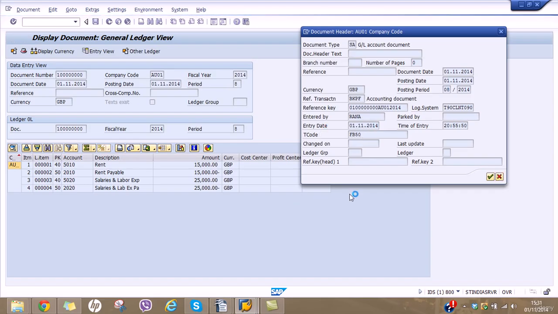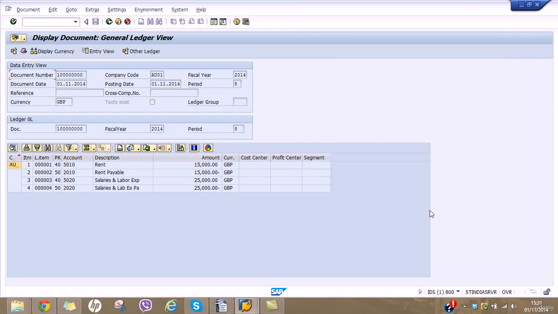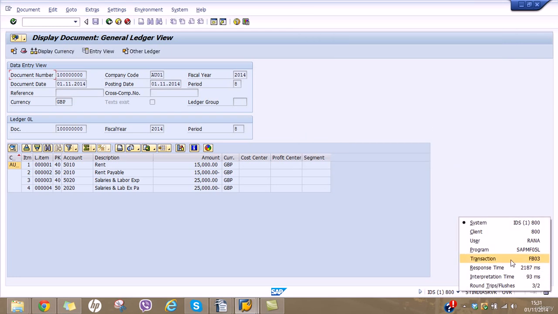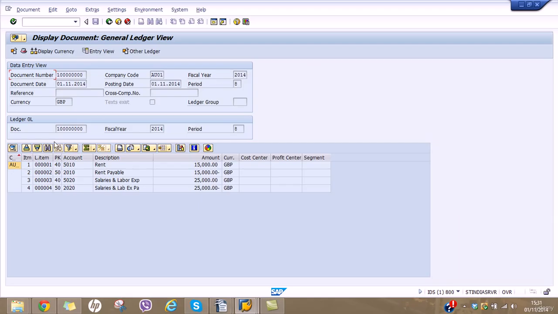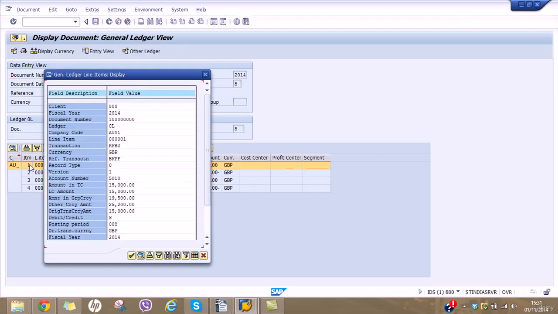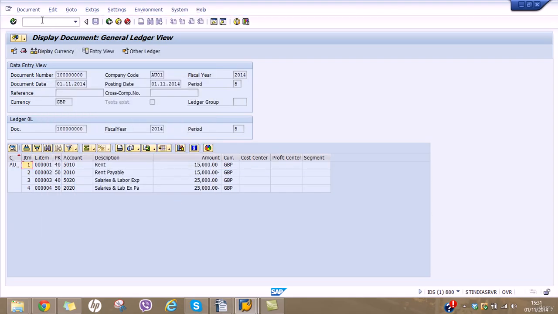Now you can also display the document by using the transaction code FB03. You can directly go into the transaction code FB03, enter the document number and display. Also, if you want to change something in the item, you can double click on this. Double click is item 1. Sorry, click on document and